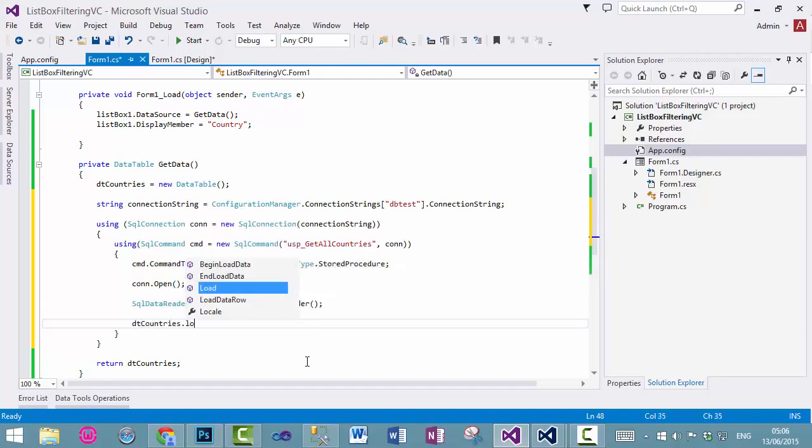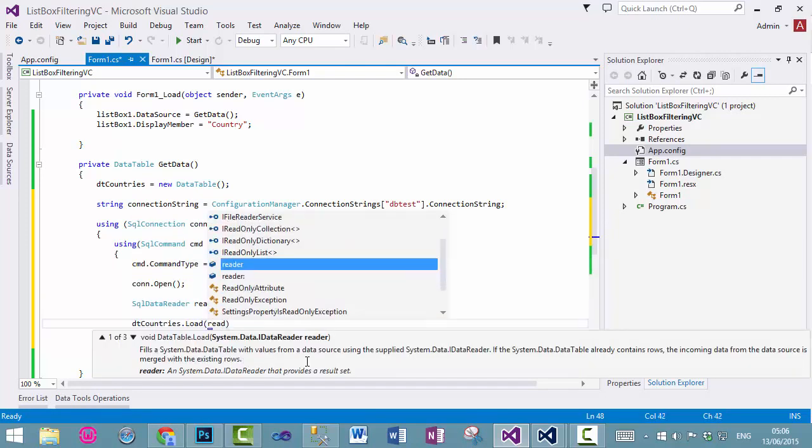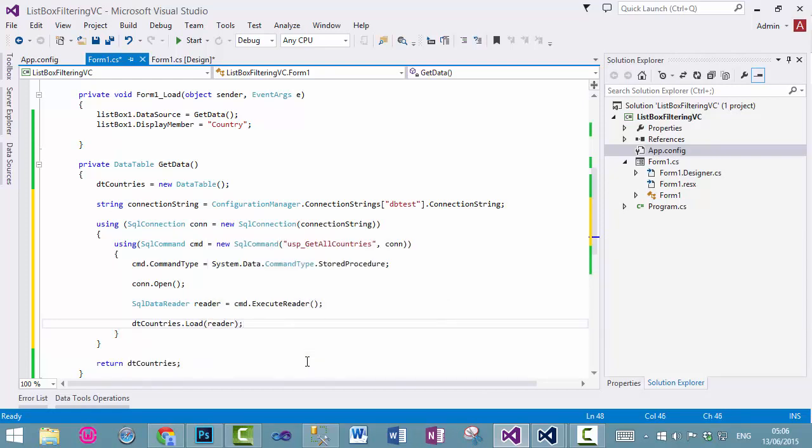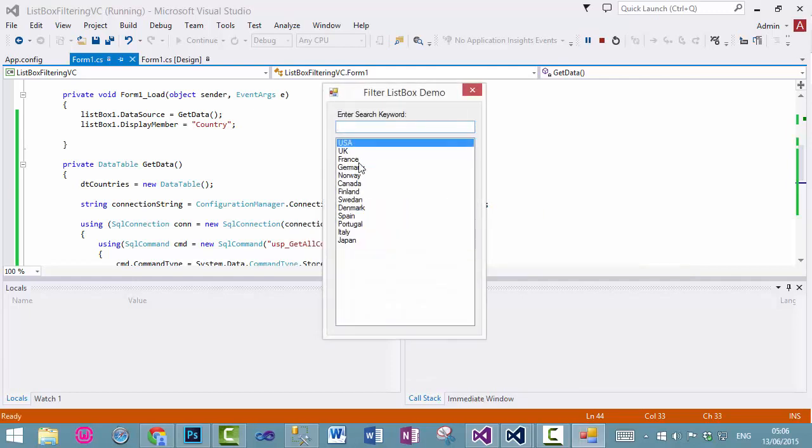So dt.Load, and inside that the reader, that's all we need. So now run the application and you will see every single piece of data is loaded into our list box, and we can now filter that data,